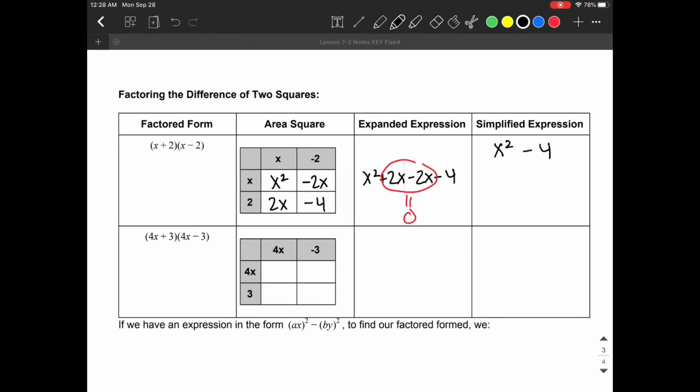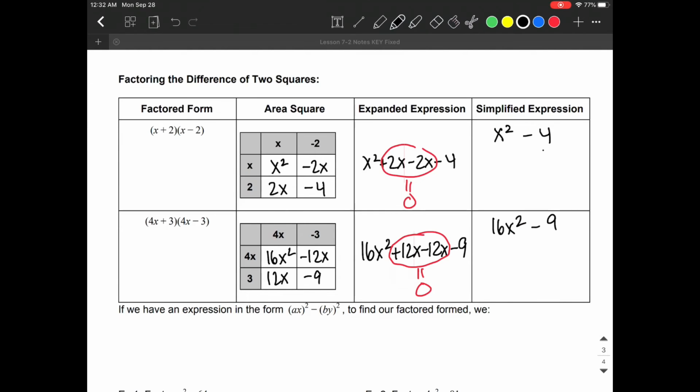For this second example, I have 4x times 4x gives me 16x squared. 4x times 3x, 12x. 4x times negative 3 is negative 12x, and negative 3 times 3 is negative 9. And my expanded expression is 16x squared plus 12x minus 12x minus 9. I know that these two terms, if I add them together, it's equal to 0. They're opposites of each other, so my simplified expression is just the first term, 16x squared, minus the last term,